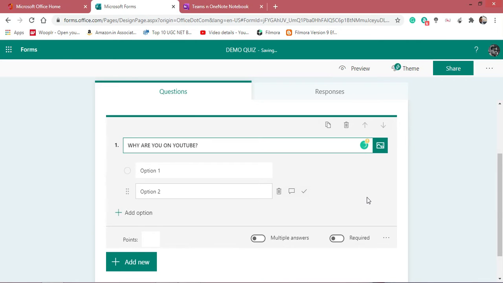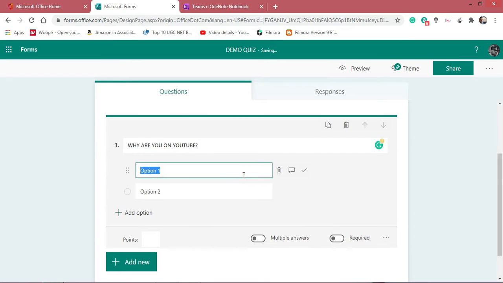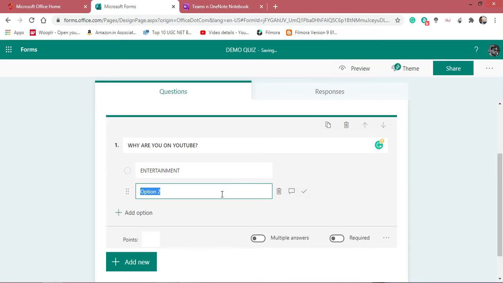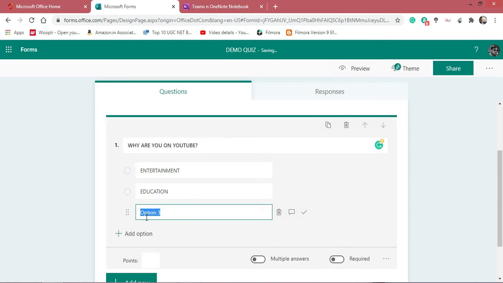You can also give more than four, as Microsoft Forms allows more than four answers. Once you type in the options, the important point is that you shouldn't miss selecting the correct answer by clicking the right one beside the option.